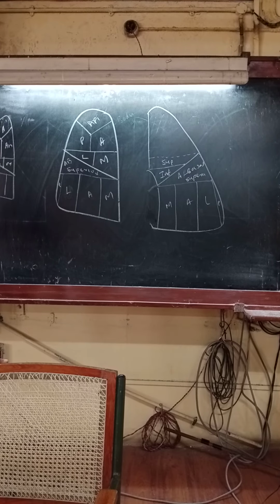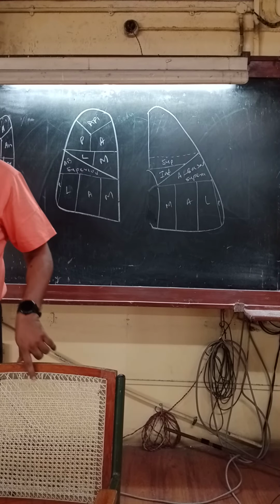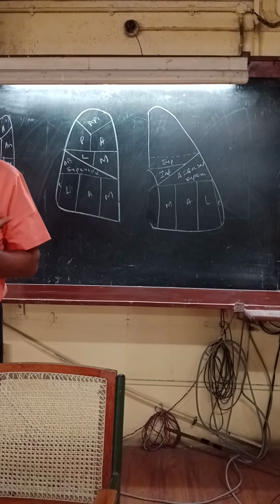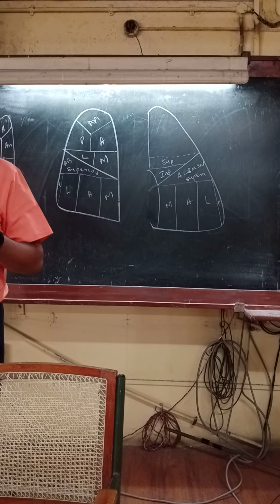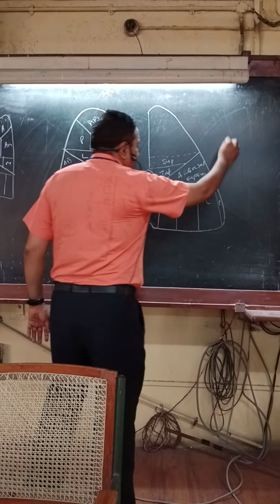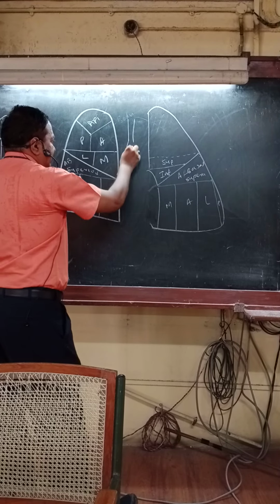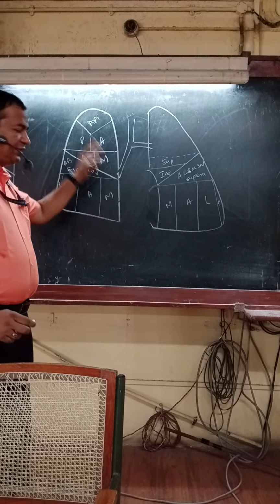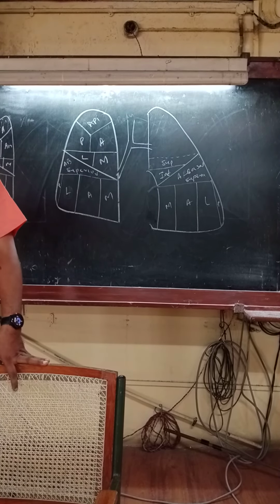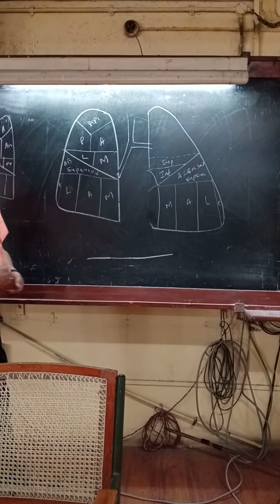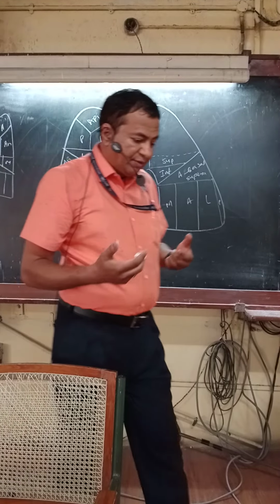Which of the two bronchi is in line with the trachea? Yeah, the right one is in line. The left one is oblique. So if somebody gulps a foreign body and it goes into the lungs, it will most probably go to the right side. Because when we talk about the two bronchi, the right side bronchus is like this, while the left is oblique. So there is a great chance things go to the right bronchus. And the last point, in lying down position, the fluid may accumulate or infection may happen.